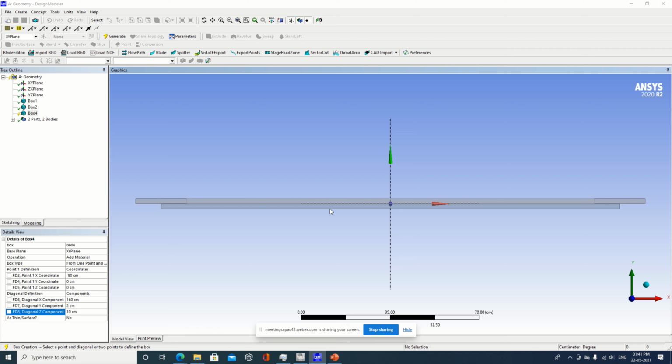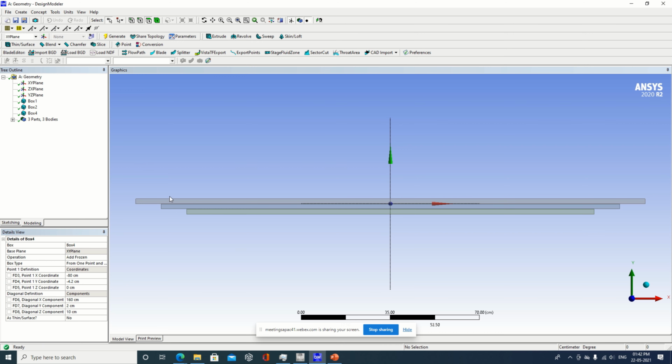In the last case we already moved by a distance 2, okay, sorry, 2.1. So another thickness is 2 over there. So what distance should we move? We should move by a distance equal to minus 4.2. Okay, we have moved by distance minus 4.2. Again I am keeping a clearance of 0.1 centimeter over there, so that movement will be possible over here. So again make it frozen and make it generate. So this is the third layer which has been produced.